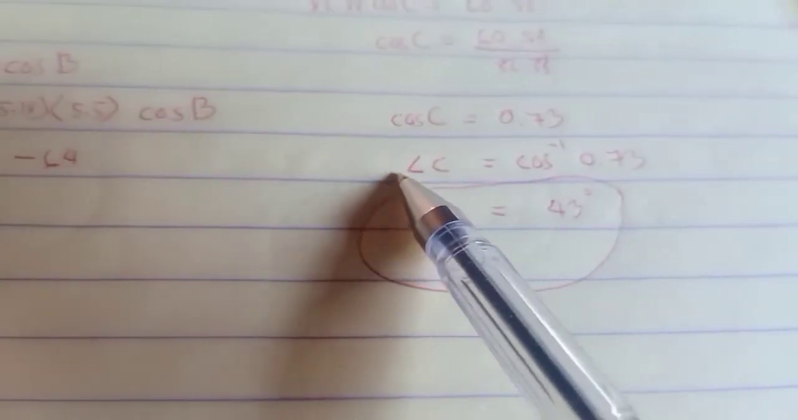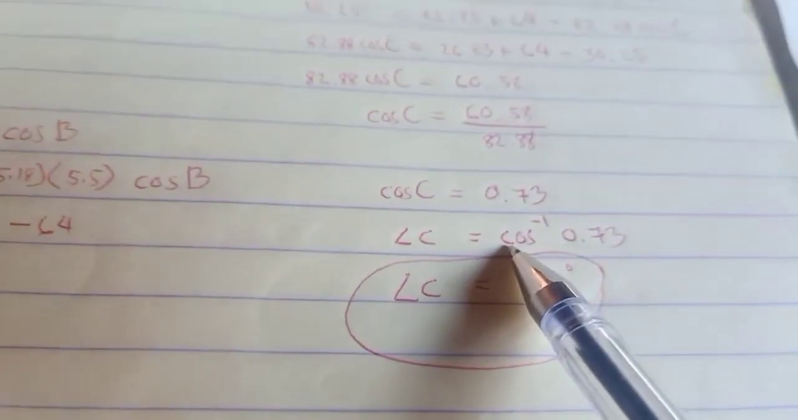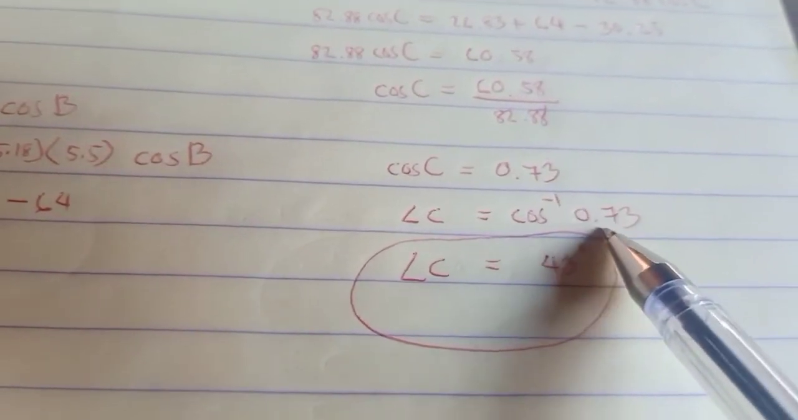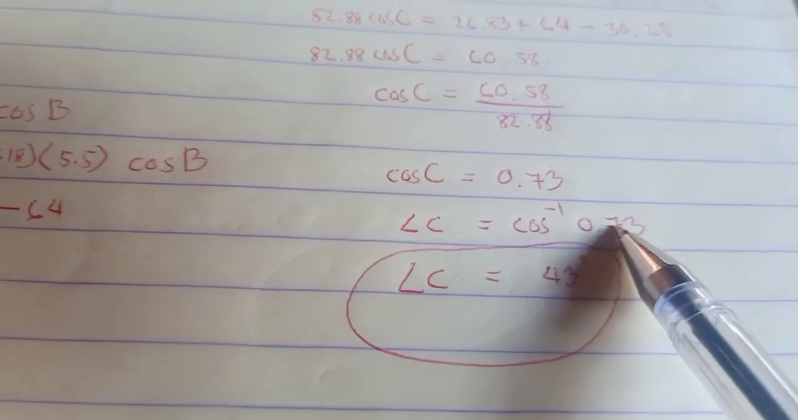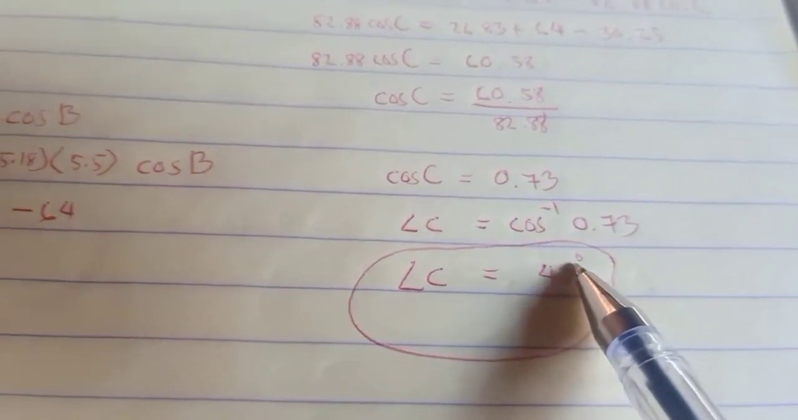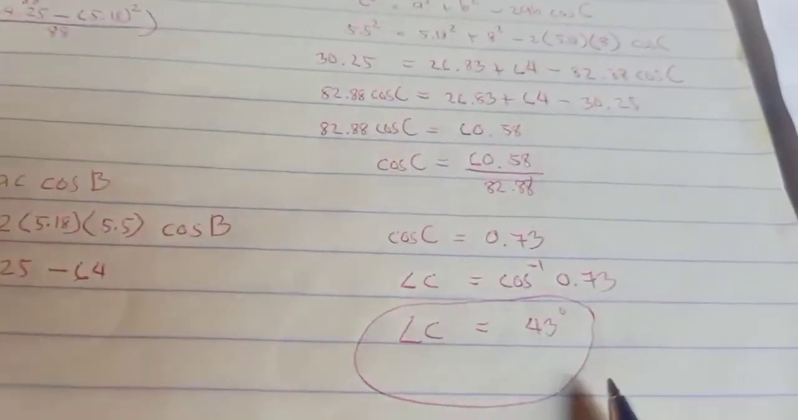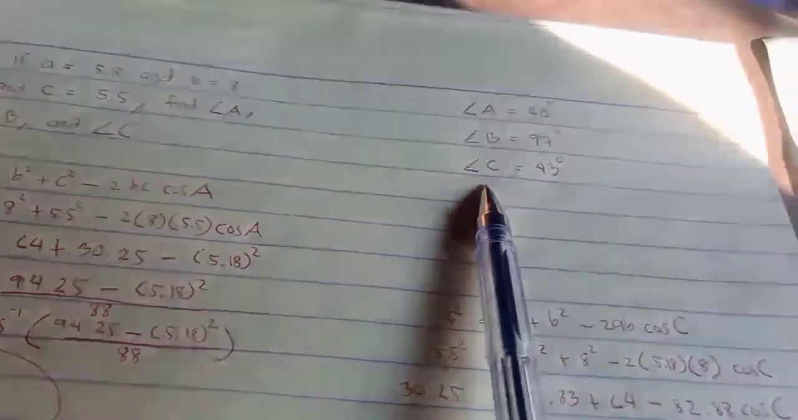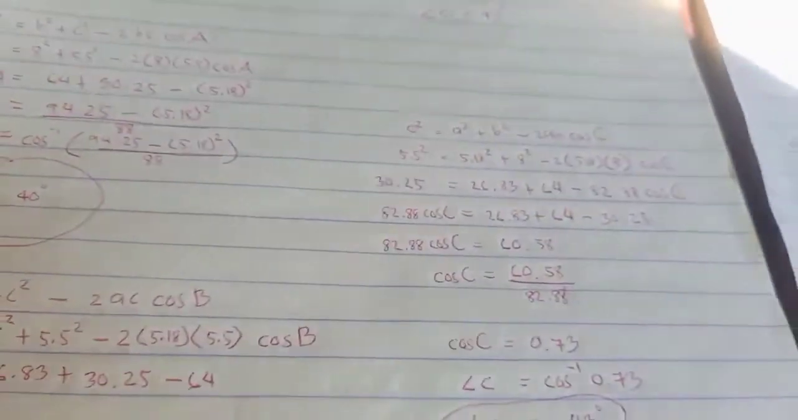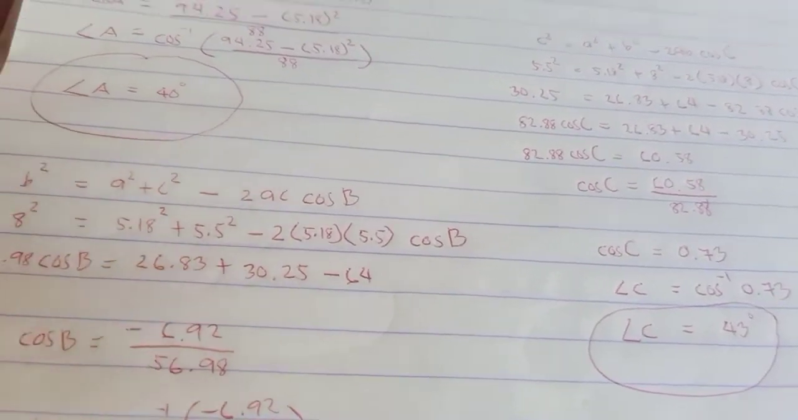So angle C is equal to cosine inverse of 0.73, so that we can get the measure of the angle. So angle C is equal to 43 degrees. As you can see, guys, 43 degrees here and there is the same, which means that our solution is correct. So as a recap, guys,